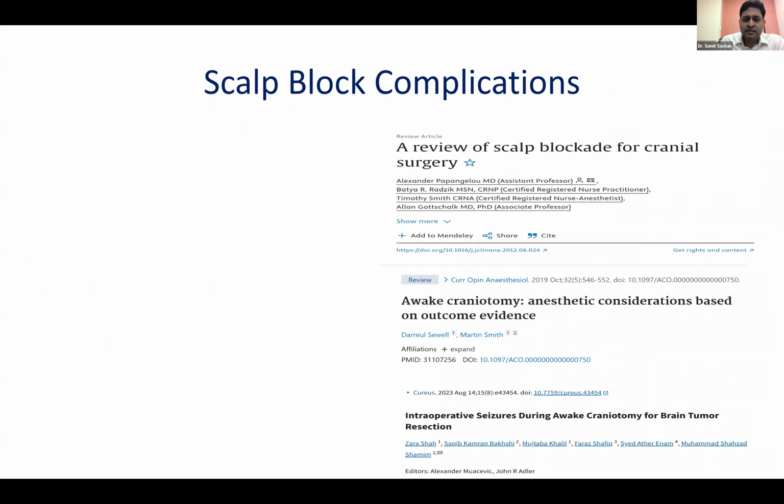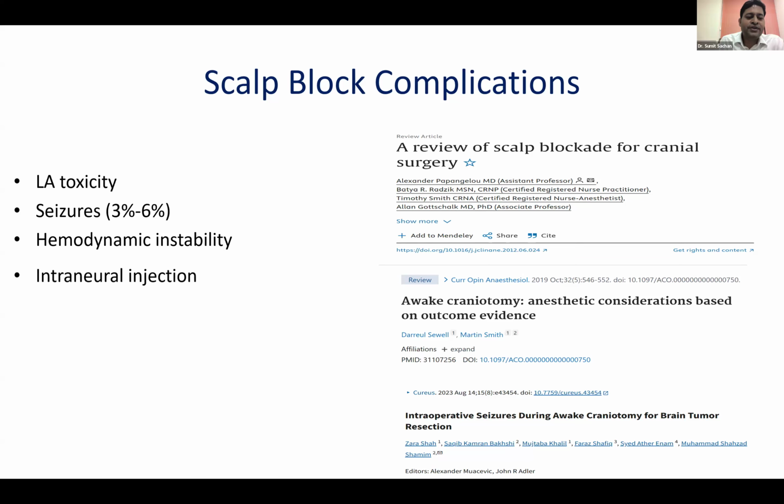Now, some of the complications of the scalp blocks. Yes, the scalp is innervated by usually highly vascular capillaries, so the chances of local anesthetic toxicity are relatively more in scalp blocks compared to other peripheral nerve blocks. As for the propensity of seizures, the literature gives an incidence ranging between 3 to 6%. Hemodynamic instability, intraneural injections of the local anesthetic. Block failure has been seen in 2 to 3% of patients where general anesthesia has to be administered